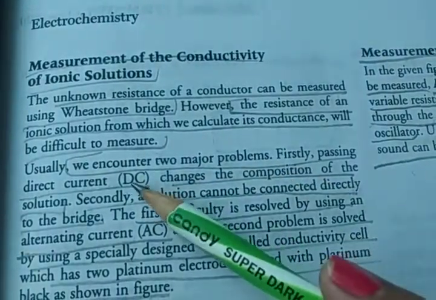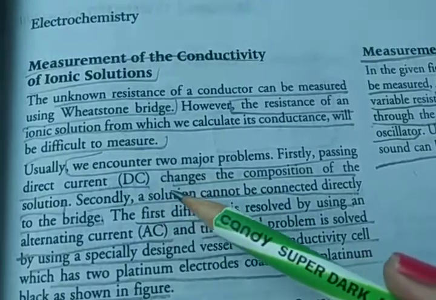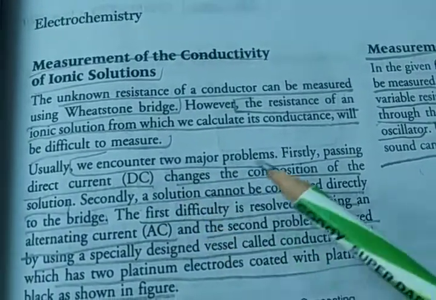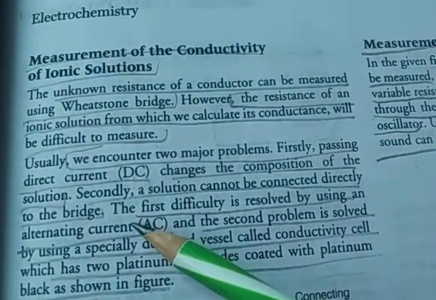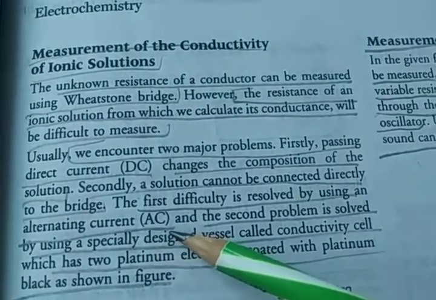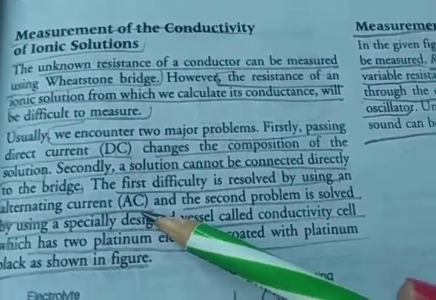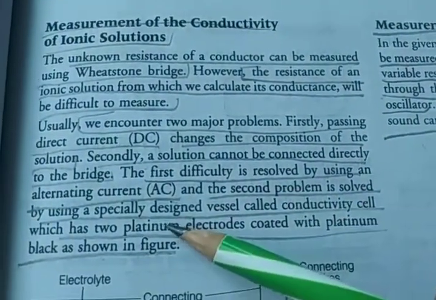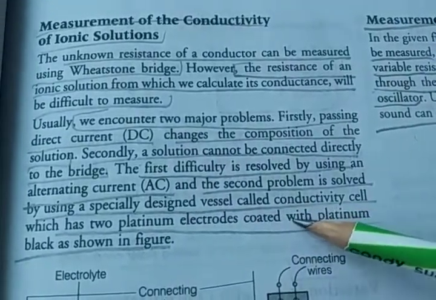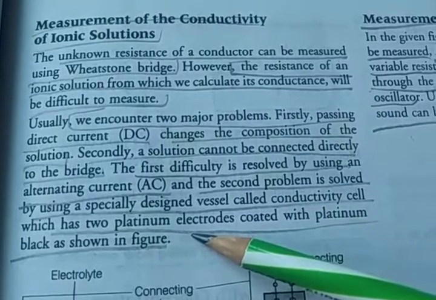Firstly, passing direct current changes the composition of the solution. Secondly, a solution cannot be connected directly to the bridge. The first difficulty is resolved by using alternating current. The second problem is solved by using a specially designed vessel called a conductivity cell, which has two platinum electrodes